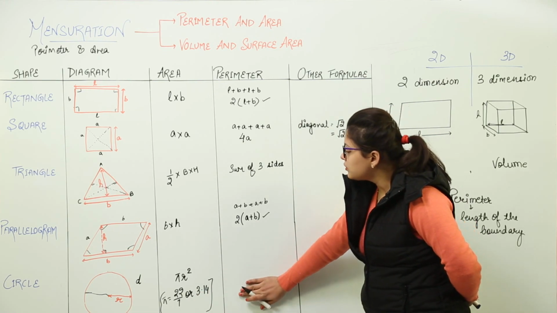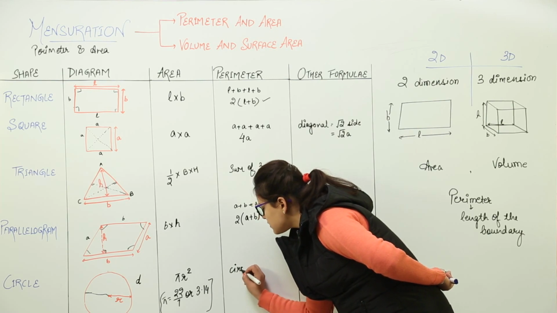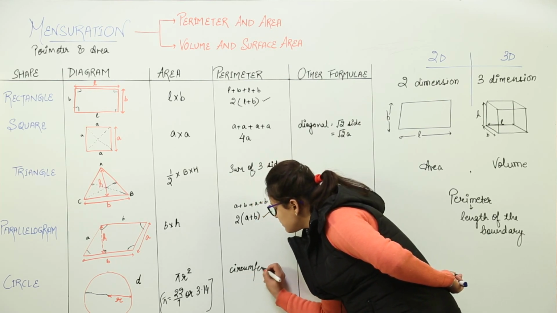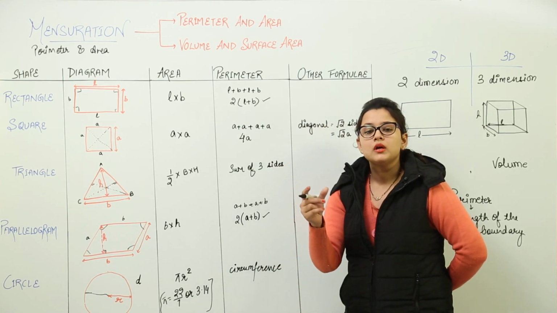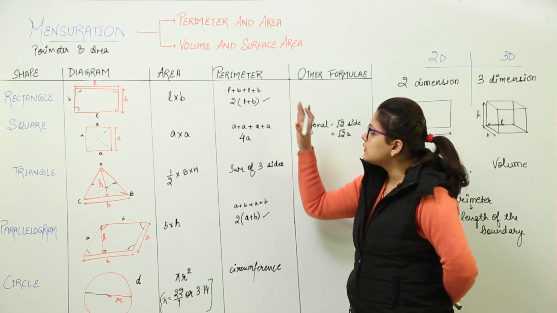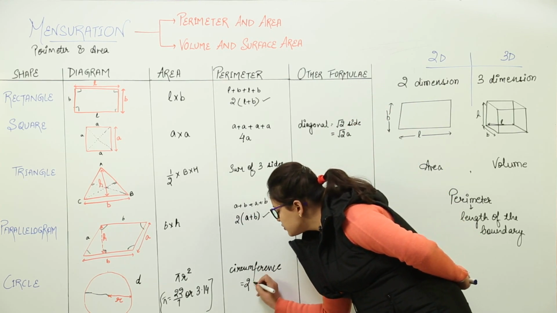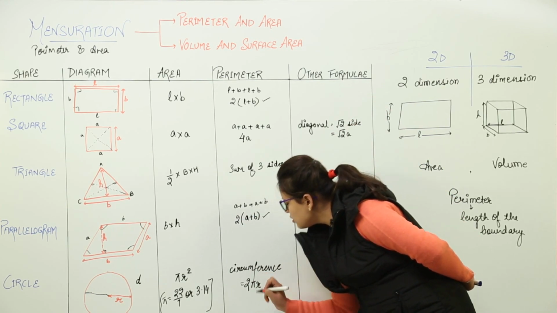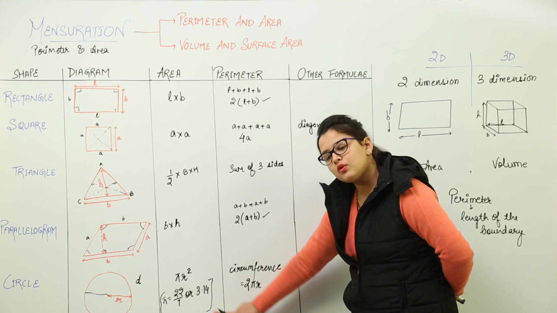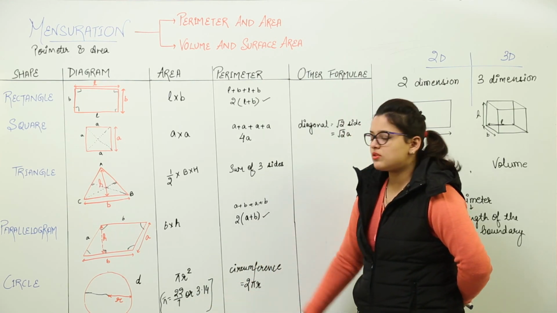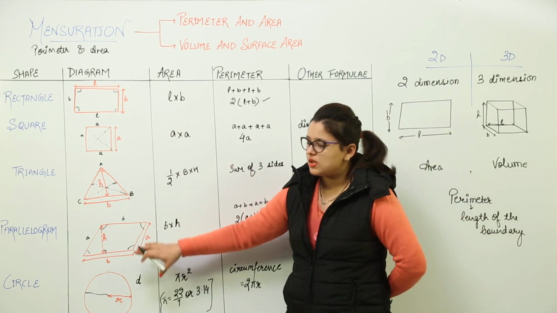Okay, now moving on to the perimeter of the circle. We have given one terminology to the perimeter of a circle, that is known as the circumference. Do not get confused about where this new term is coming from. Circumference is nothing else but the perimeter of the circle. So the perimeter of the circle is given as 2 pi r. Over here the pi remains constant, which was 22 by 7 or 3.14. R represents the radius of the circle. So these are the formulas of area and perimeter for these shapes. We will be discussing the